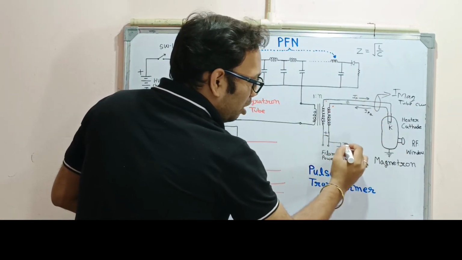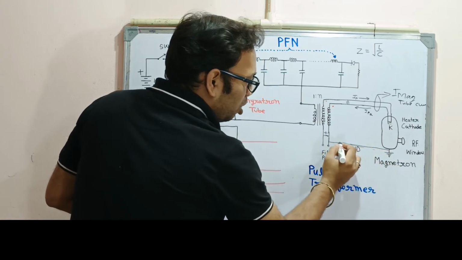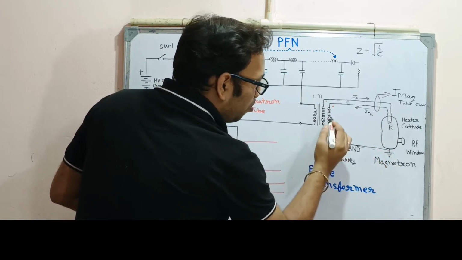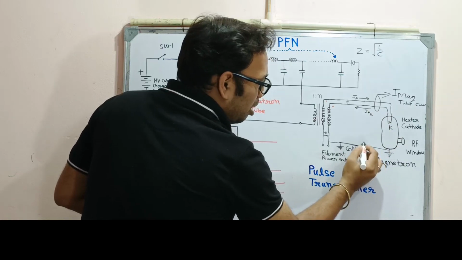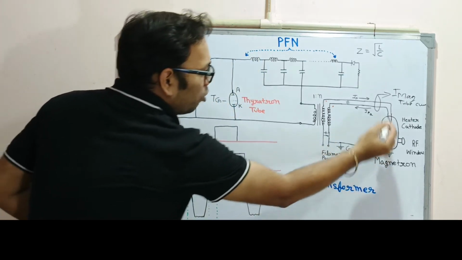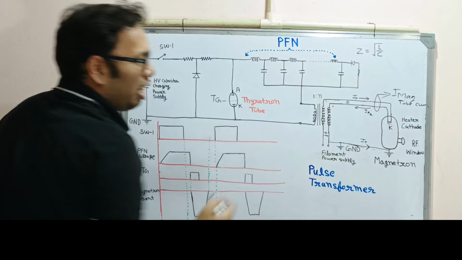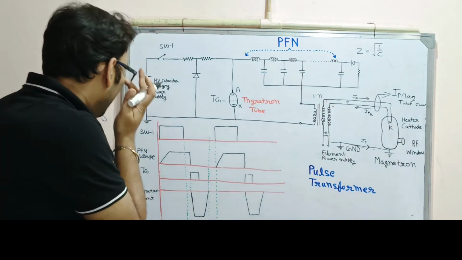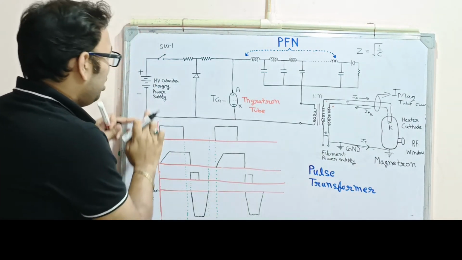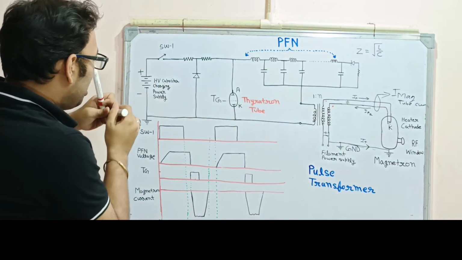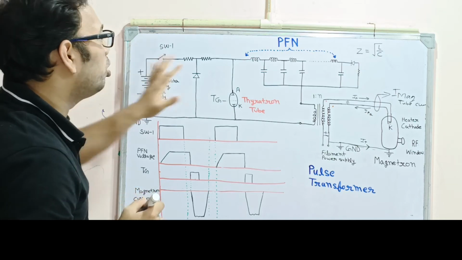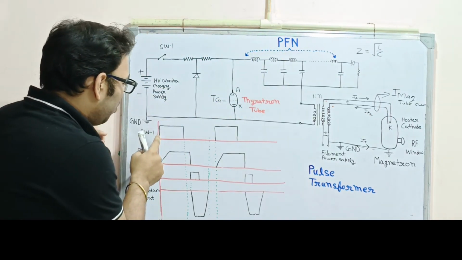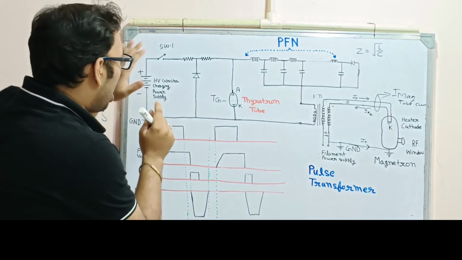So current will flow in this, both ground is connected. So this current will flow from ground to this section, like this. Tube current will flow from here to here, but electron will flow from the opposite direction of the current. So here what will happen, first in this section, we will turn on this high voltage capacitor power supply to charge the PFN. So I give one trigger to turn on the high voltage power supply.